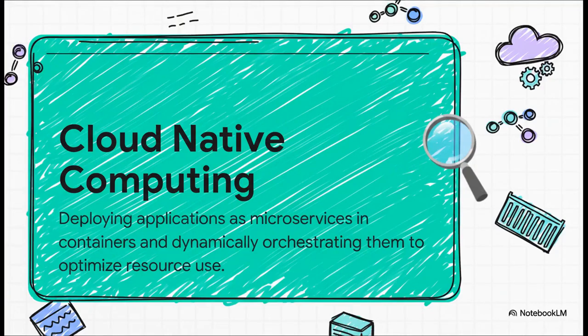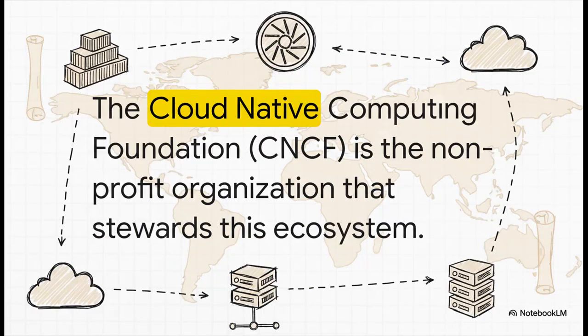Okay, so here's the official definition. The core idea: we stop building software as one giant monolithic thing. Instead, you break it up into these tiny independent pieces called microservices. Then you seal each one inside its own little digital box, which we call a container. And the real magic is orchestrating all of these little boxes automatically, kind of like a super efficient self-managing factory for your code.